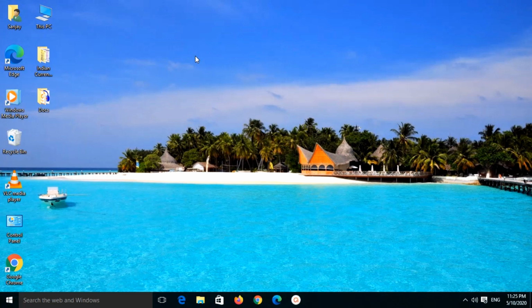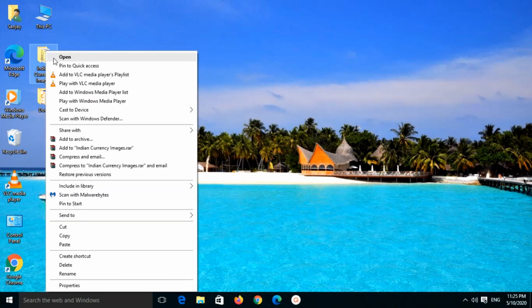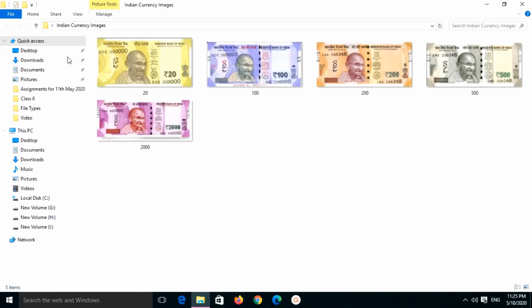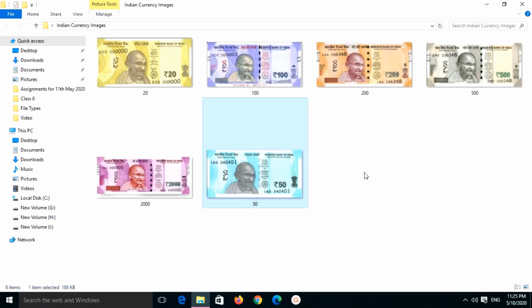Close the box, go to the folder where it was earlier, that is on the desktop, right click on the folder, open, and on a blank area right click and click on paste, and if you see, again here it comes.